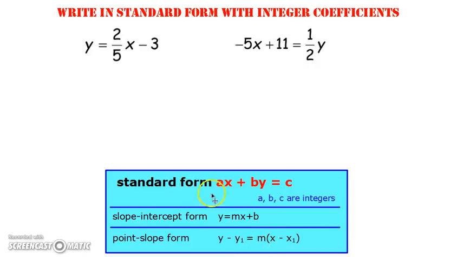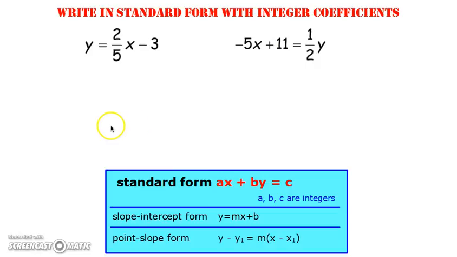Standard form is much more general form. It's ax plus by equals c, where a, b, and c are integers. So again, positive or negative whole numbers, but integers, but they don't actually stand for much of anything. They're not like the slope or the y-intercept in these other equations. Ax plus by equals c, those three letters don't really get you directly anywhere, but they are fairly helpful, especially